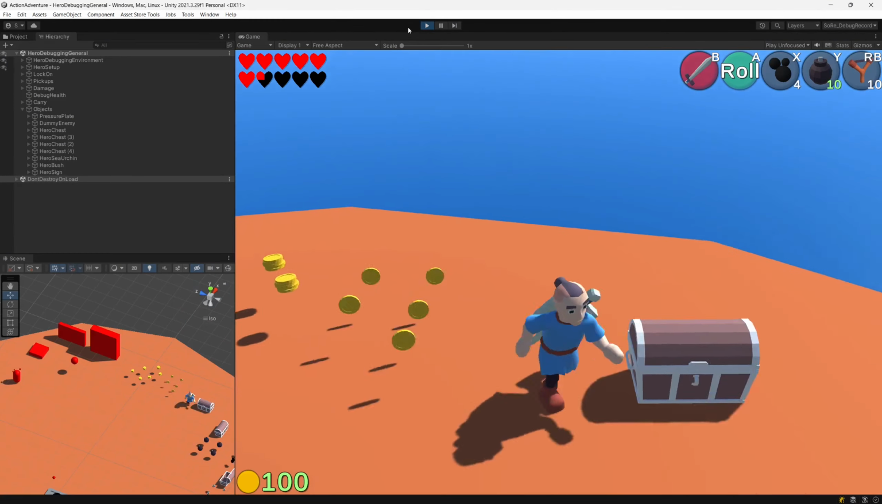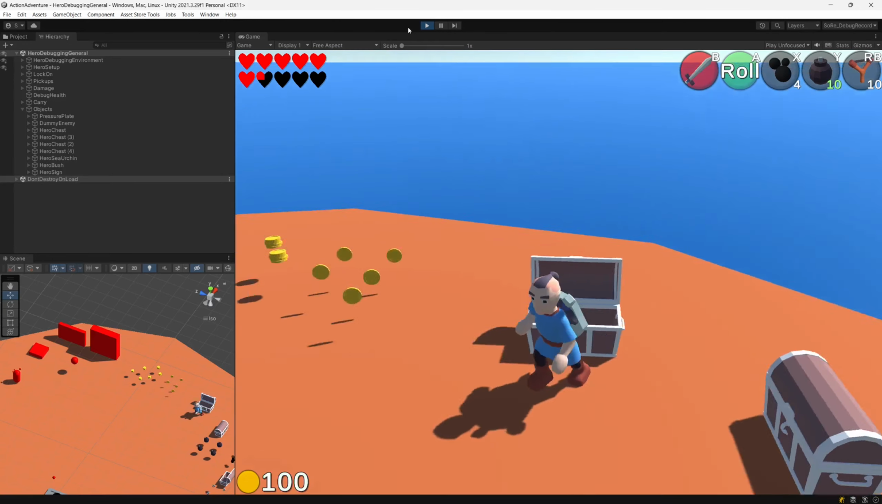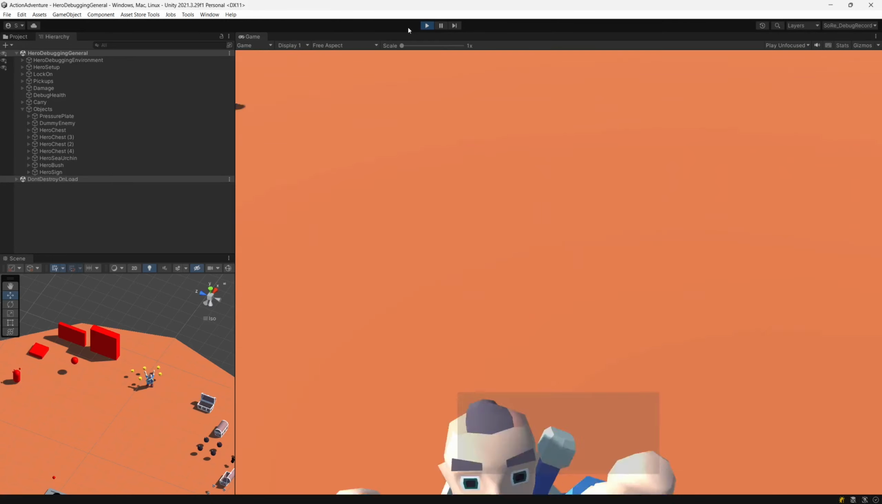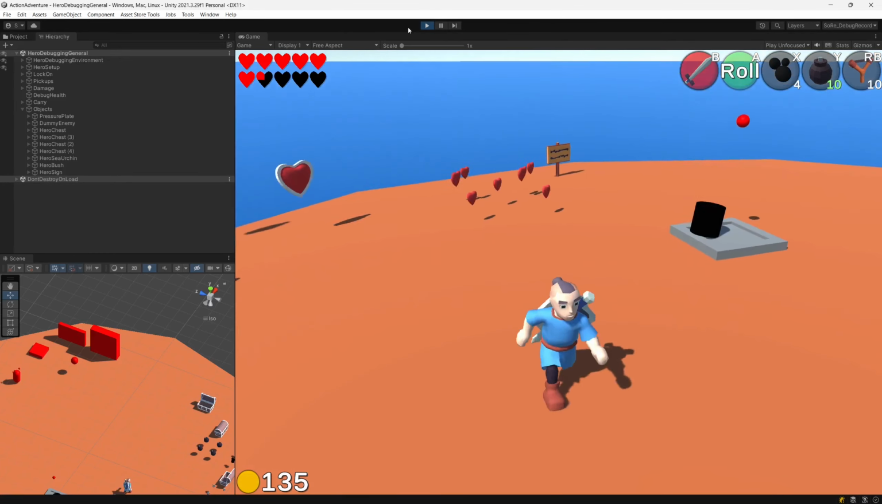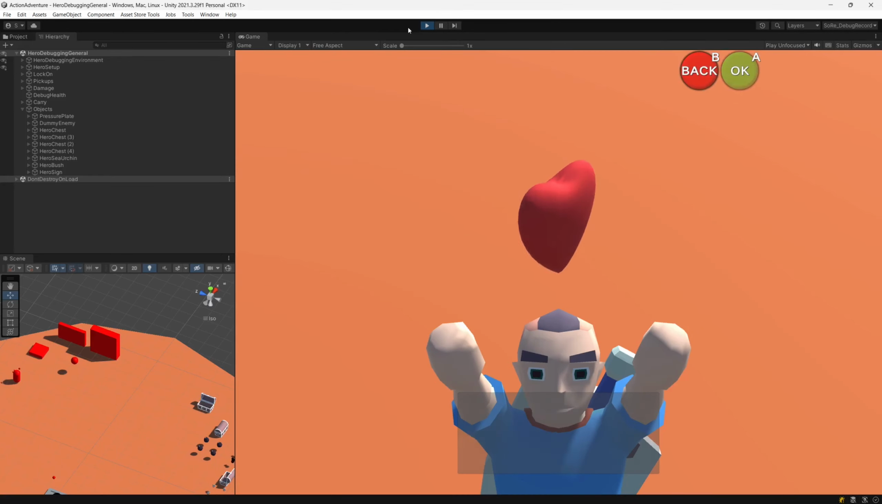Hero Debug General features a wide variety of items and objects. The hero character starts with a filled inventory and equipped items. The white spheres in front of the destructible bushes contain lock-on points, which can be used to test out the